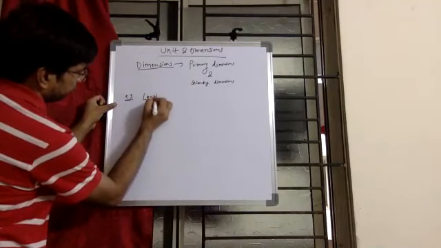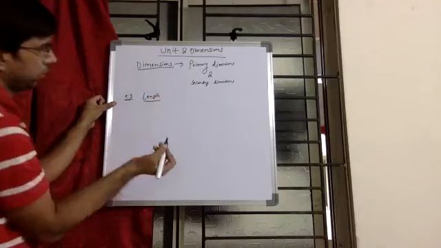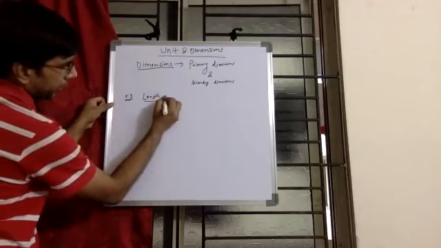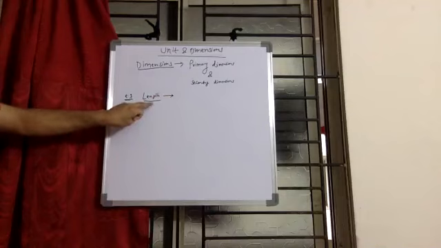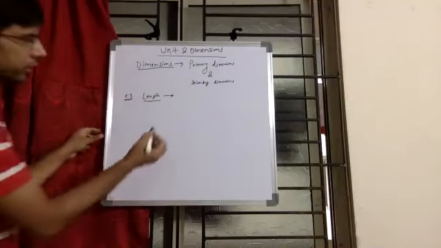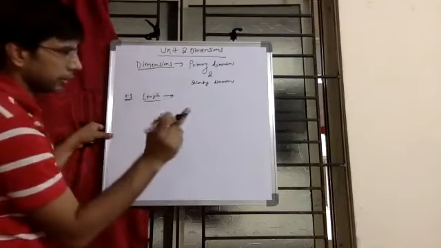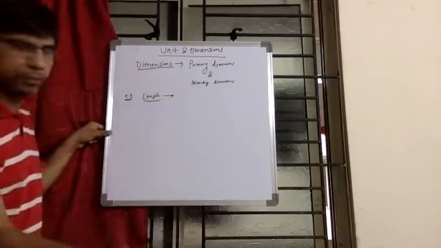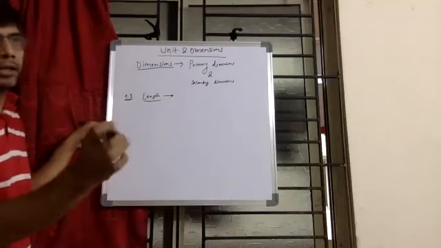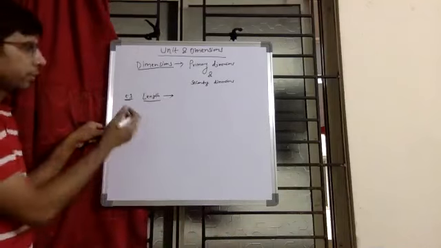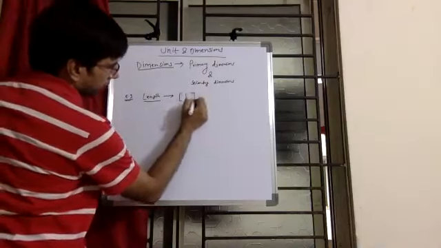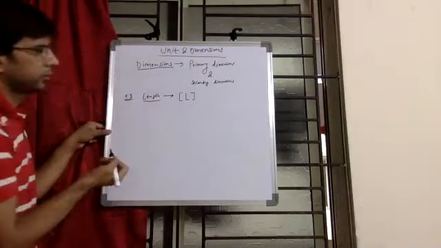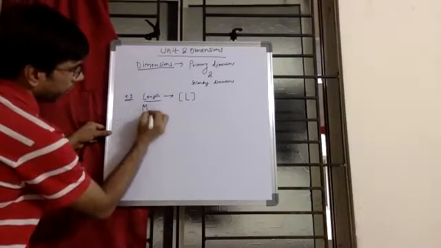length. Length, we measure it in meter, and we know that it's a fundamental or primary physical quantity. So for this, we need only length, which will be in different units, SI unit in meter and more. We don't need any other physical quantity's dimension to represent it. And in dimension, we write it L. Right?